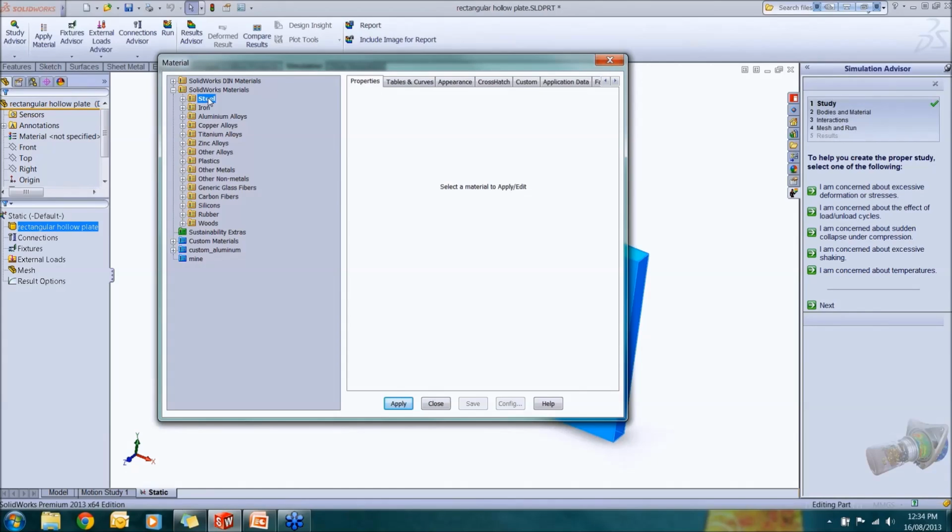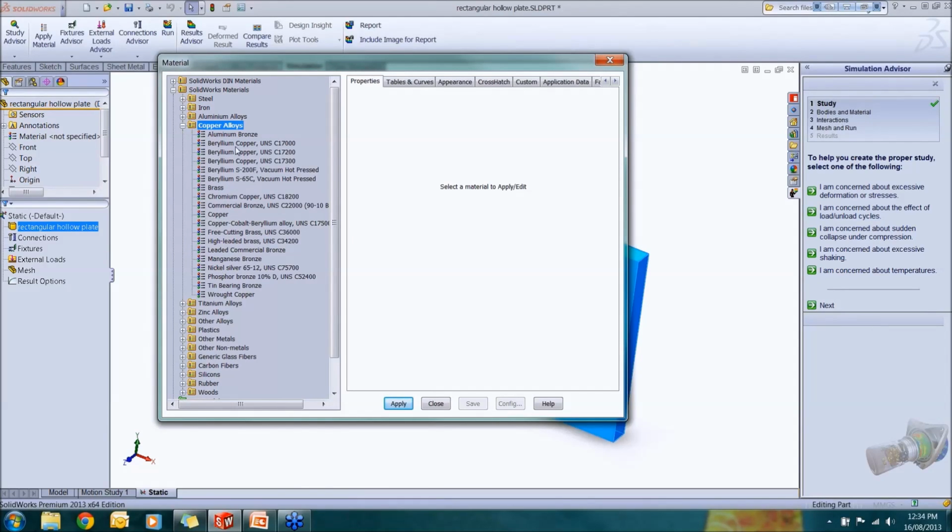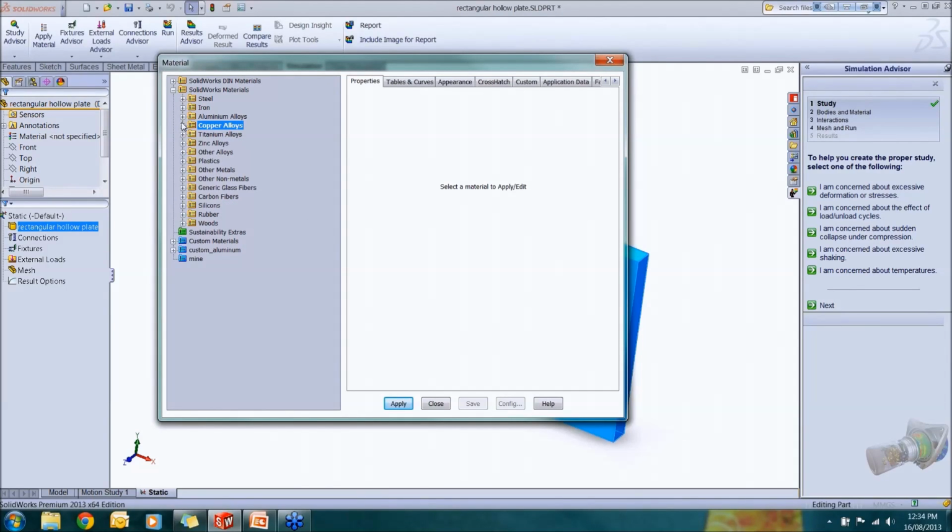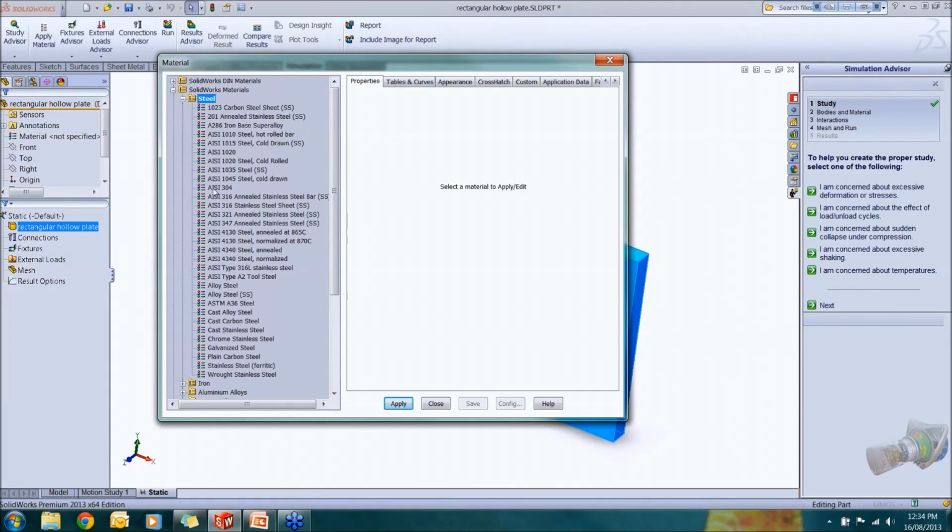Have a closer look. We have a very well prepared number of materials in the SolidWorks material library: steel, iron, aluminium alloys, copper alloys, etc. Rubber, silicon, and in each category there are some materials listed. Or even if you like, you can have your custom material, creating a new one and applying the material properties there. So for our case study, we